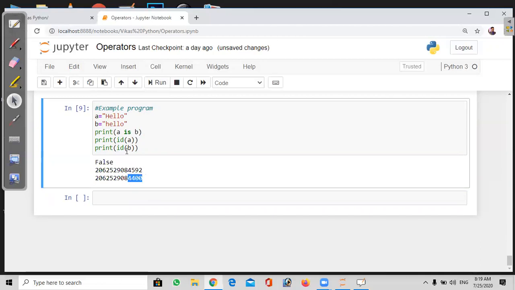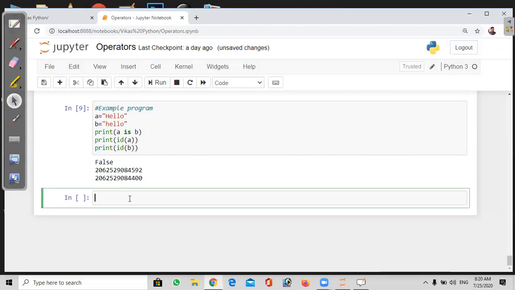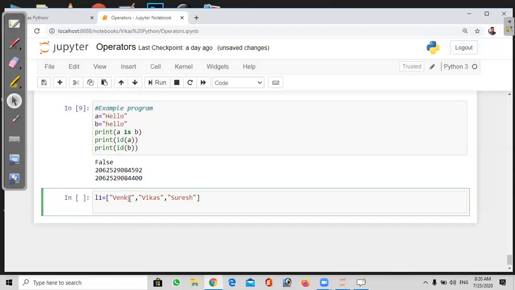So we can use that for many applications of values, and we can also use this for lists. For example, we have L1 equal to, just I am giving three names here, and also I'm going to use L2.